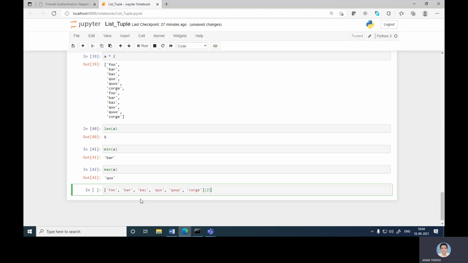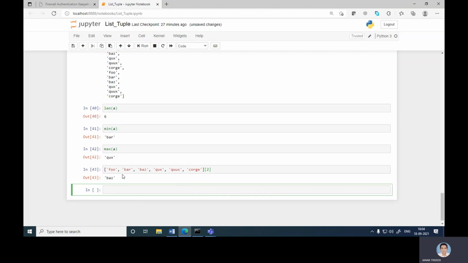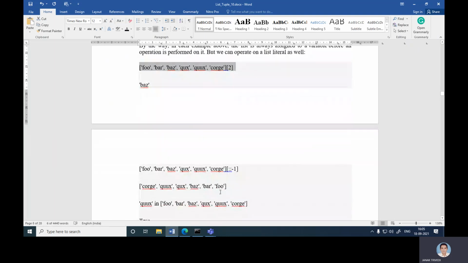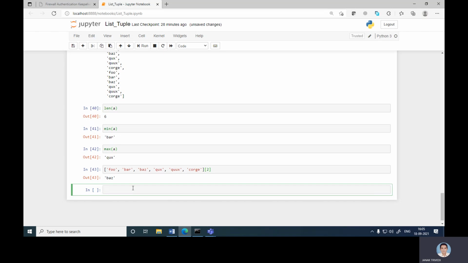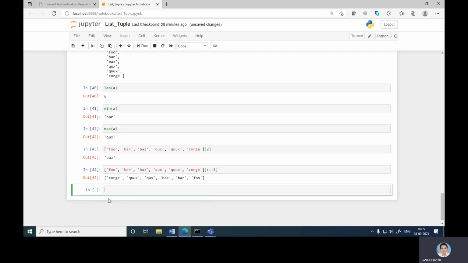So let's run this program first. It gives the 0, 1, 2, the second index directly. Similarly, the minus reverse case, so it gives us the reverse case directly. Foo, bar, quacks, code, then minus 1. So it gives the reverse directly.